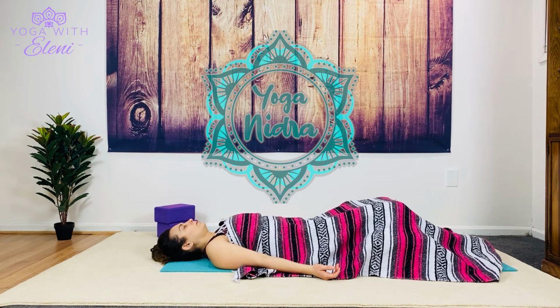Palm of the hand, back of the hand, the wrist, forearm, elbow, upper arm, shoulder, armpit, left chest, side, waist, hip,